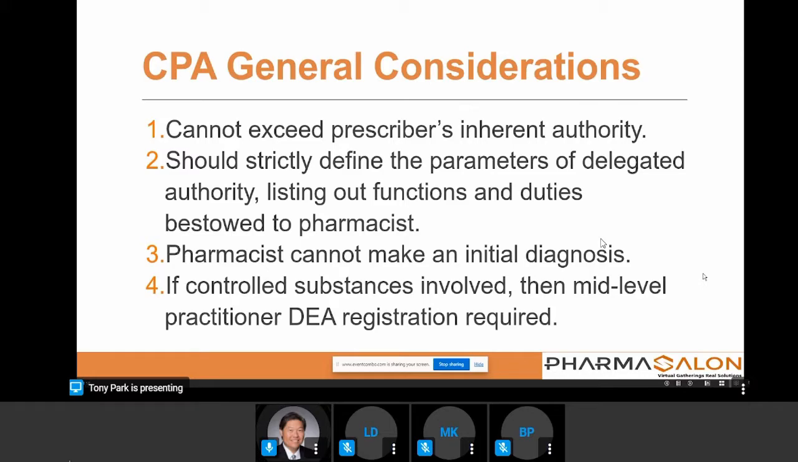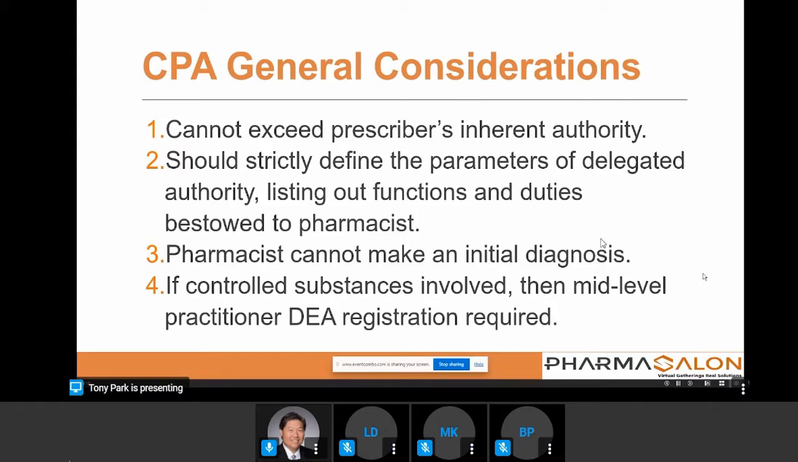Number three, and this goes to what I said a little earlier, a pharmacist cannot make the initial diagnosis. I know that number three is a little bit fuzzy and gray, because a lot of pharmacists need to sometimes stop themselves when dealing with a patient that's been handed off to them from the prescriber. The prescriber will hand off the patient to the delegated CPA pharmacist, and the pharmacist will start taking care of them and managing their care, where the initial diagnosis may have been, for example, hypertension,